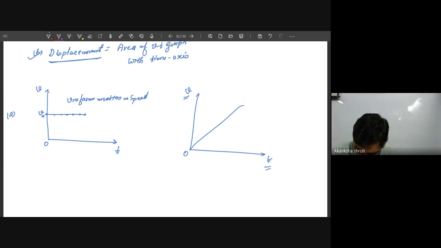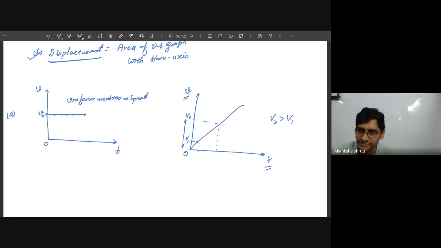And speed is continuously increasing. At this time, you are getting the velocity is up to this much. But coming to this time, you are getting that the velocity has increased up to this much. So if I am taking V2, this has V1. So V2 is greater than V1. So speed is increasing. But that increase in speed is fixed. I mean, in equal intervals of time, there is equal increase in speed.